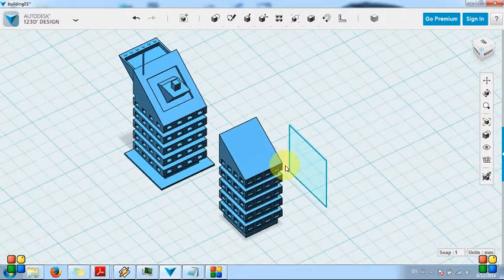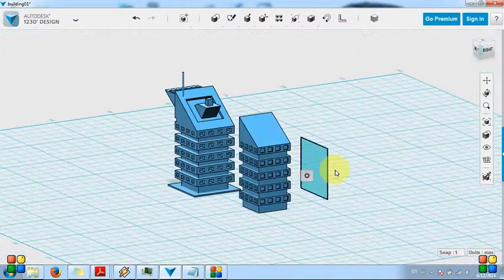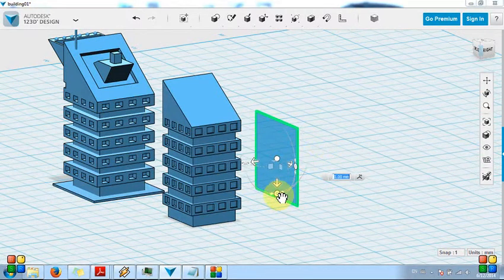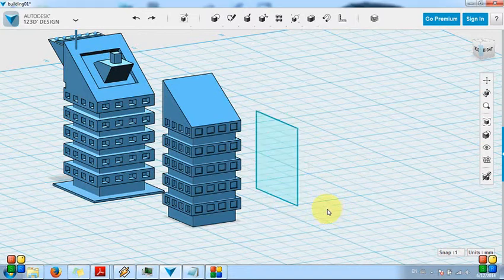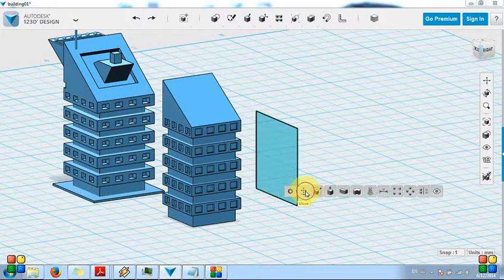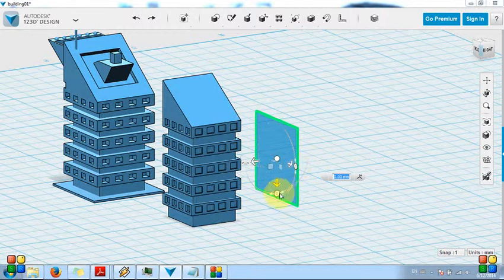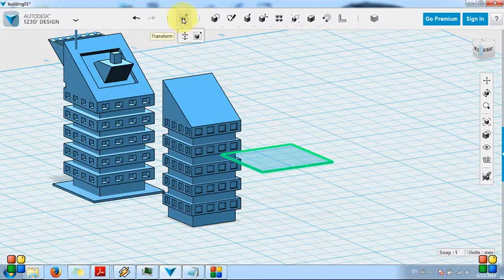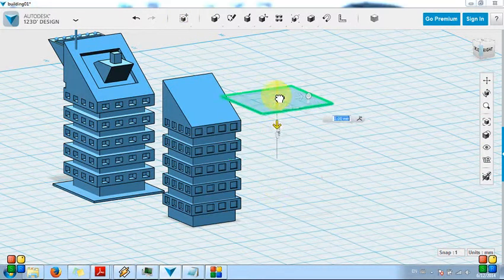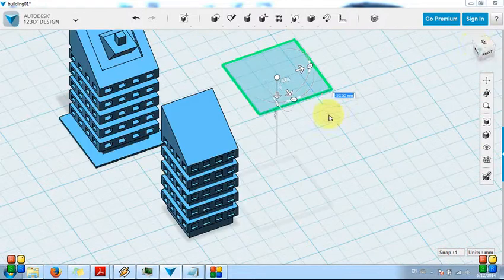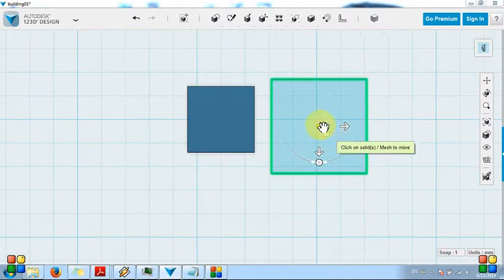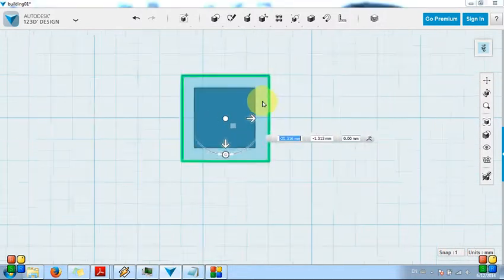So we need to use split face again. And instead of making a new sketch, we will just use the one we have here. If you have deleted it, then just make a new one. So again, we need to rotate it down, as it was before. So it's gonna be this one, 90 degrees. And then you might want to put it a bit higher than the building and go to the top view. Then you can move it on top,